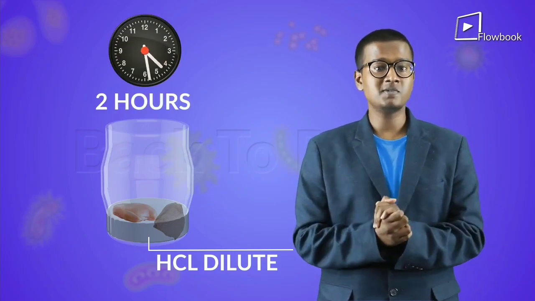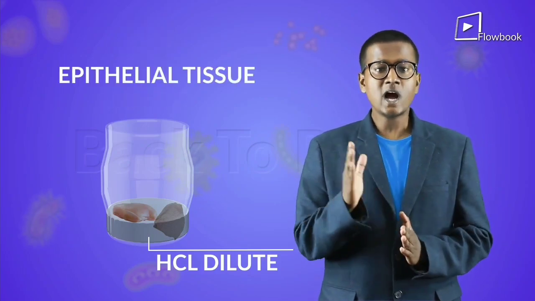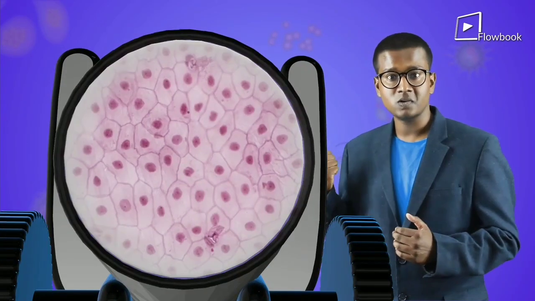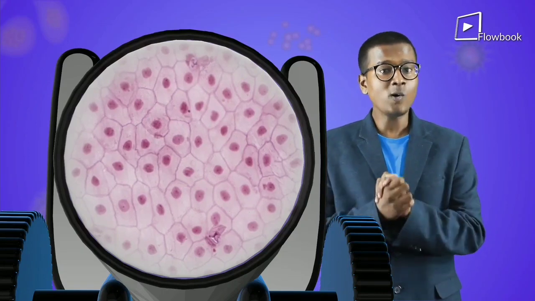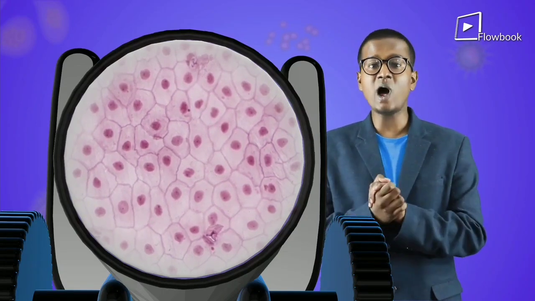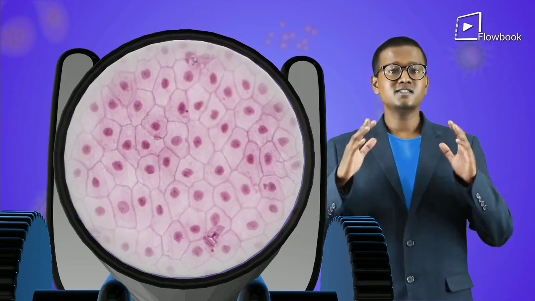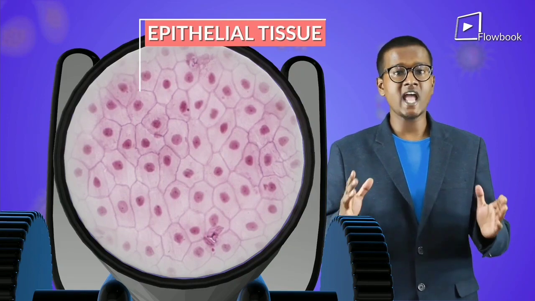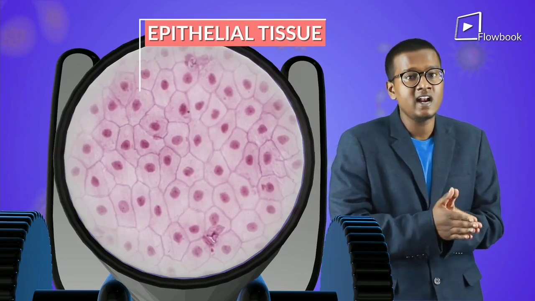And later, for observing the epithelial tissue, take out the skin and place a small part of this on a slide and cover it with a cover slip. Then observe this under a microscope. You will see a tissue like this. You will notice that all the cells are similar and are tightly packed. You will also notice that they are arranged as a continuous sheath. So we can infer that epithelial tissue protects and covers the animal's body from the inside as well as